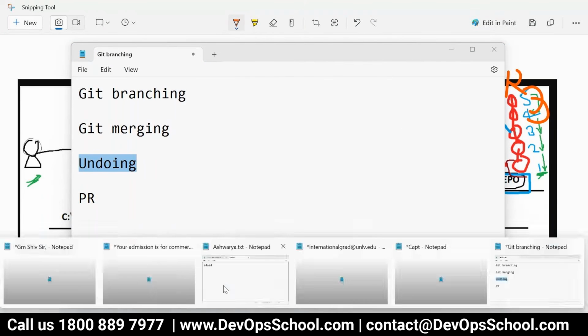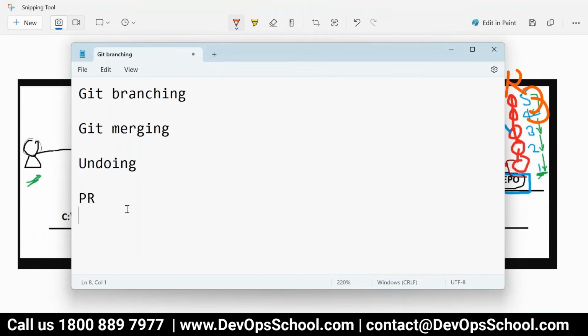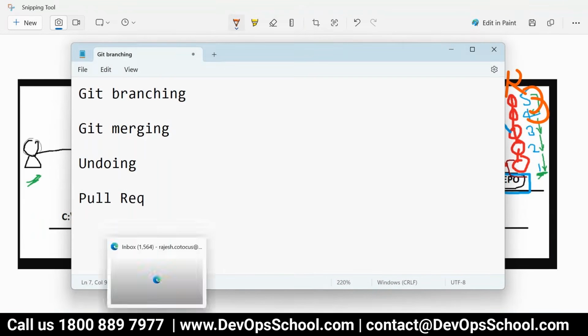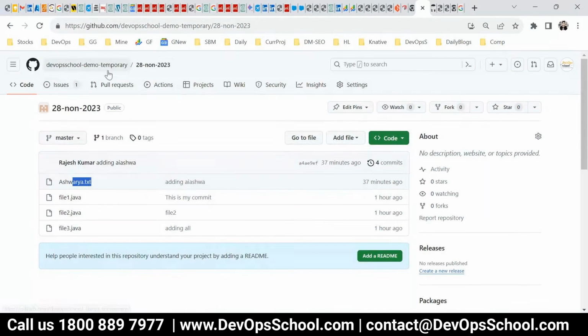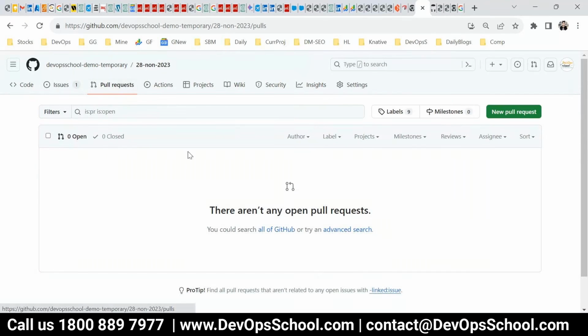Next thing I want to tell you is a PR request. What is a PR request? It's basically a pull request. Where is that pull request? You go to GitHub, and this is a repository. Here there is a pull request.